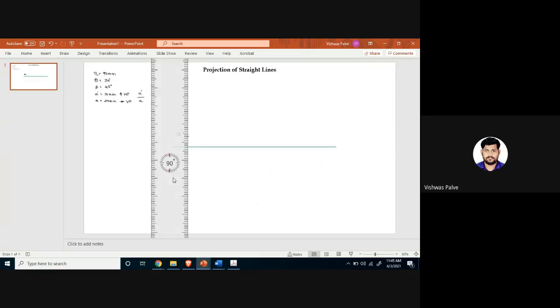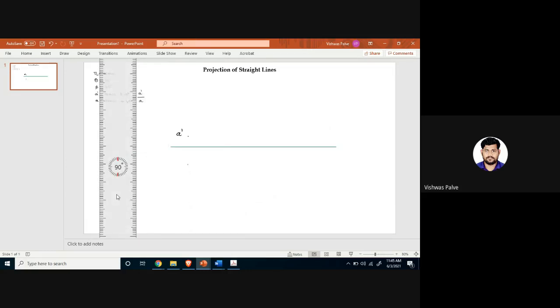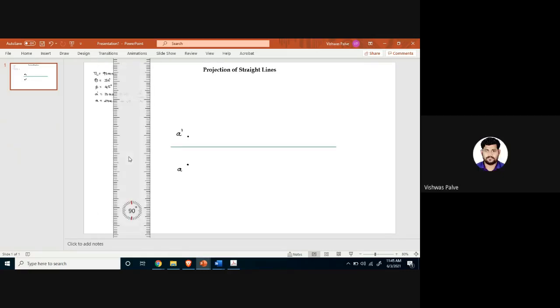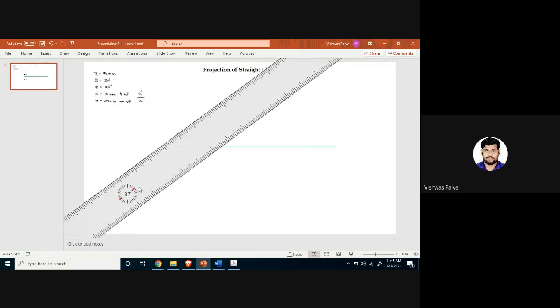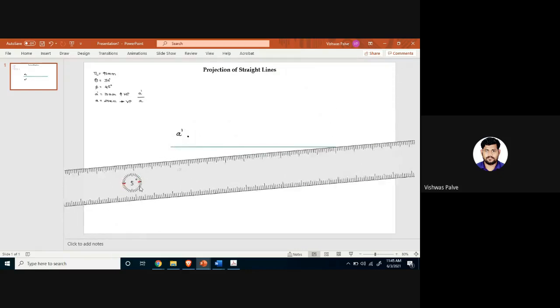So this is 10 mm, and A is 20 mm. I have marked these points. I hope you can see both the points, A and A dash. Here is the point A, here is the point A dash. Is that clear? Any difficulty up to this point? No, sir. This is the projection of a point. That's why we spent one lecture on projection of point. So this was the starting of the line problem.